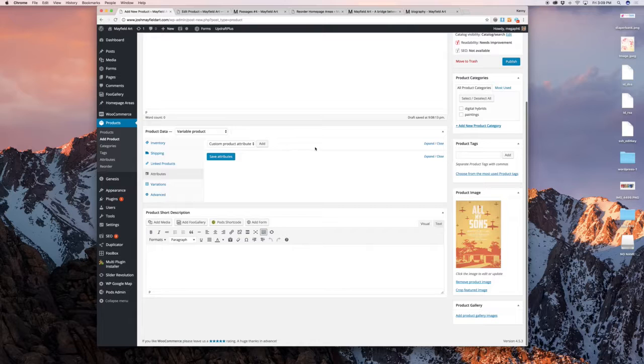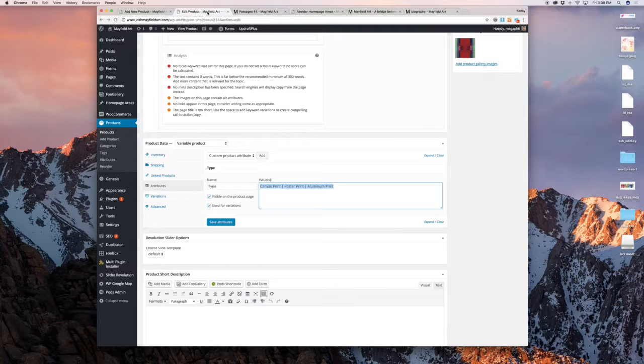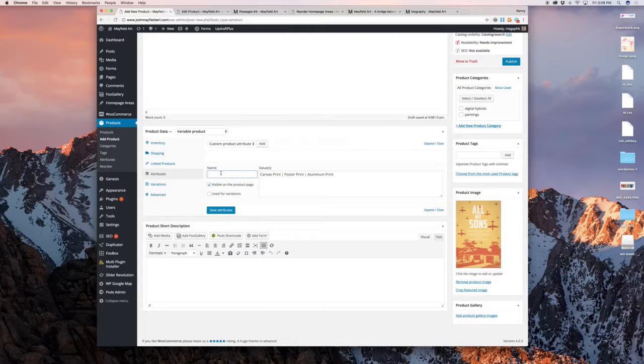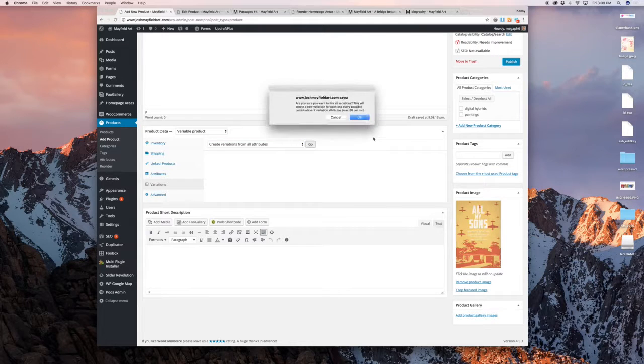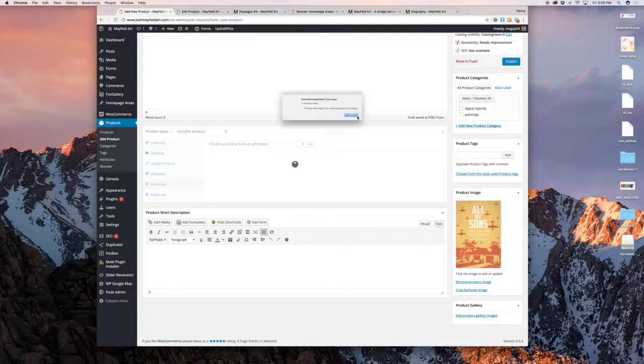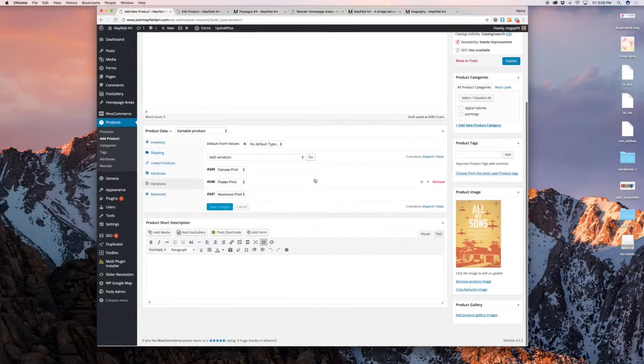We come down here and we say we want to add some new ones, and we don't have anything right now, so we click add. What did we call this over here? Type. And so we'll do the same thing again. We're going to click used for variations, save attributes, and now we come over here to variations, and we click create variations from all attributes, and then we click go and OK, and then it tells us that those were added,